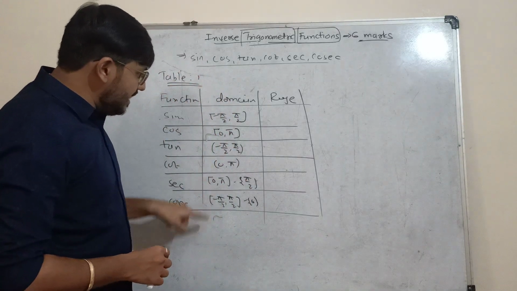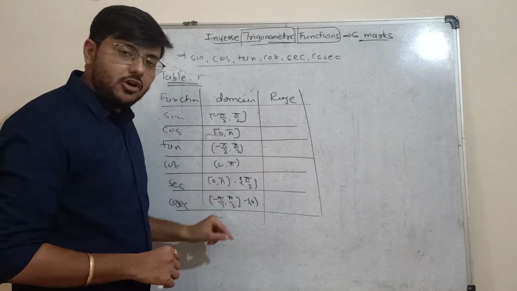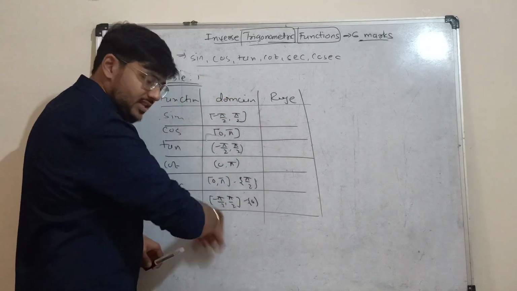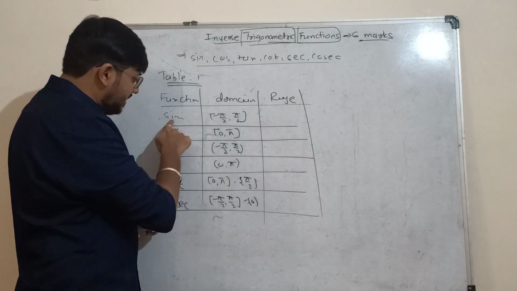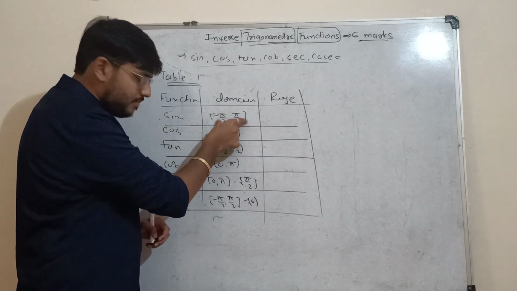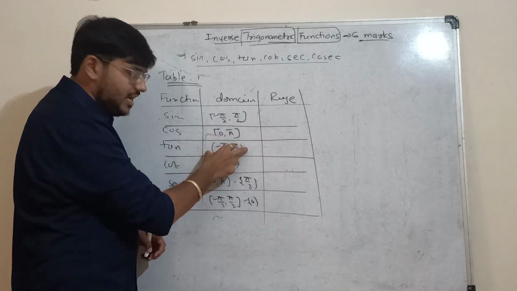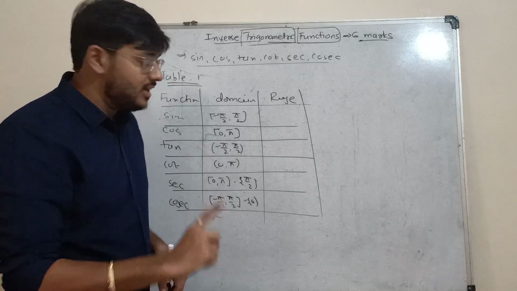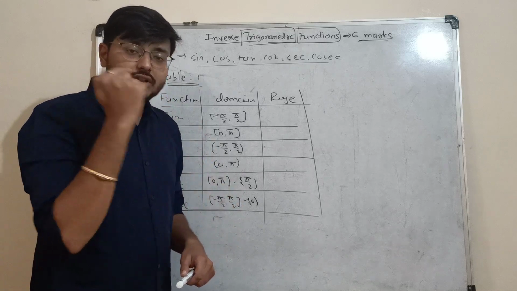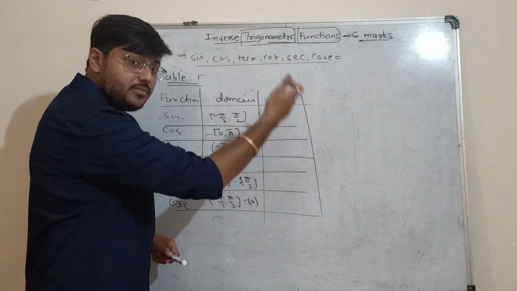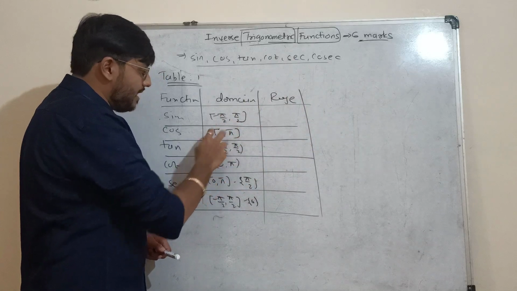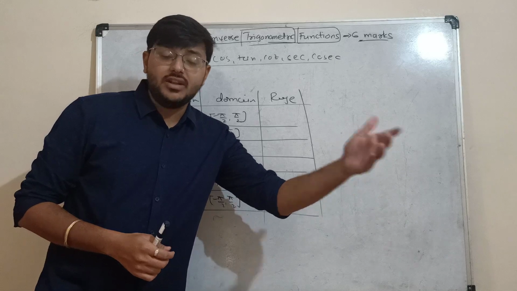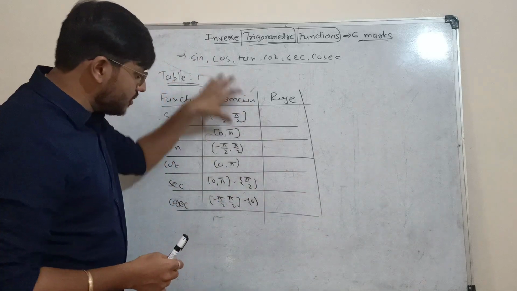These are the ideal domains which we will follow in this whole chapter. That means in these domains, all these 6 functions, let's say sine is defined on minus pi by 2 to pi by 2, cos on 0 to pi, tan on minus pi by 2 to pi by 2, are one-one and onto individually, right? But not necessarily only on those domains. We already checked from the graph of sine that instead of minus pi by 2 to pi by 2, pi by 2 to 3 pi by 2 is also an interval where sine is one-one and onto. But we just have to focus on this.